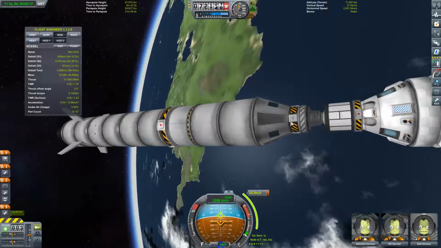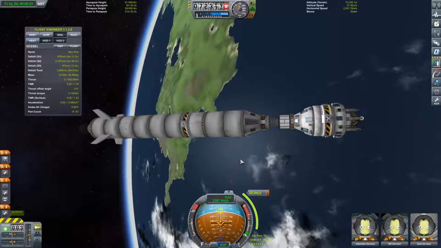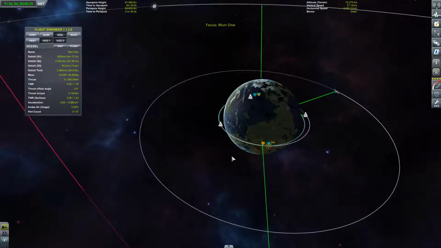I did remember this time to put on some reaction wheels, so when we dump that bottom stage here, this should turn a lot faster. At least that's the theory. Not a lot of fuel left in this stage. Well, I think